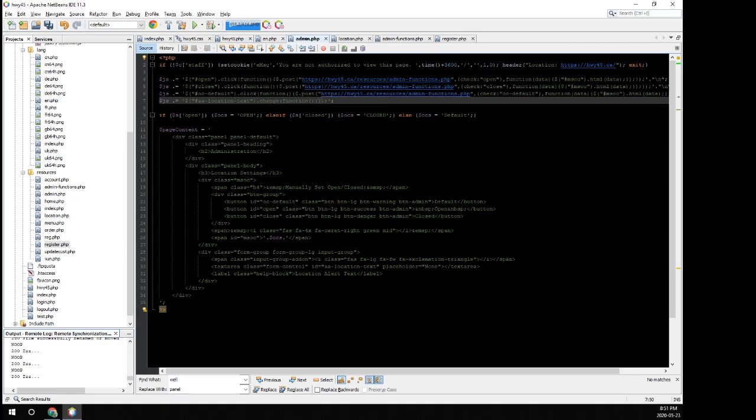Inside the curly braces, $.post, parenthesis, semicolon. Inside the parenthesis, double quotes, https://highway45.ca/resources/admin-functions.php, comma, curly braces. Inside the curly braces, check,